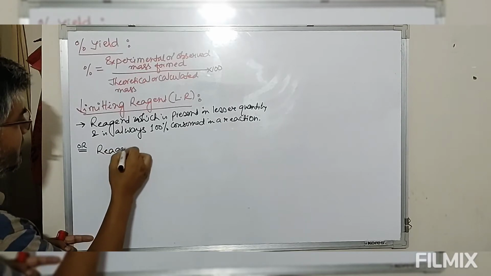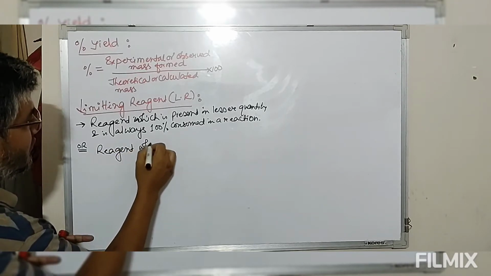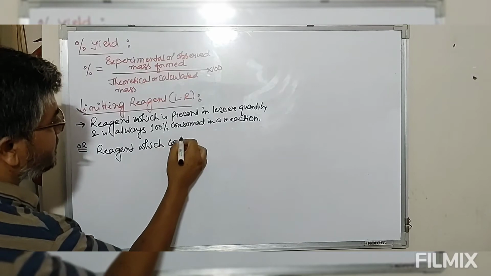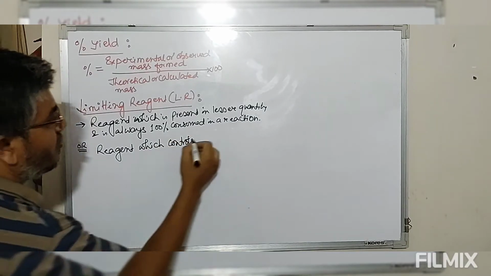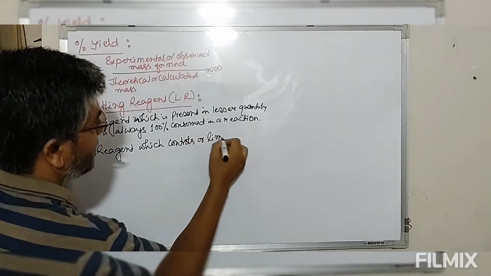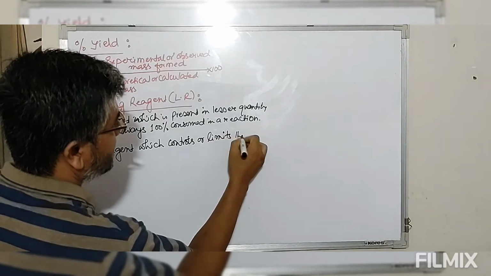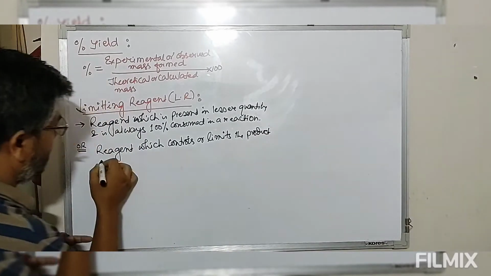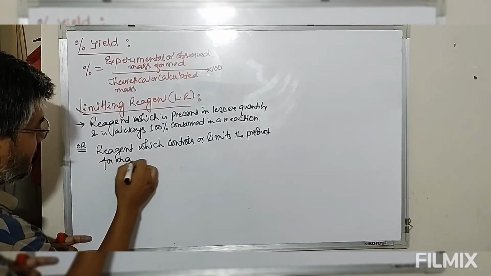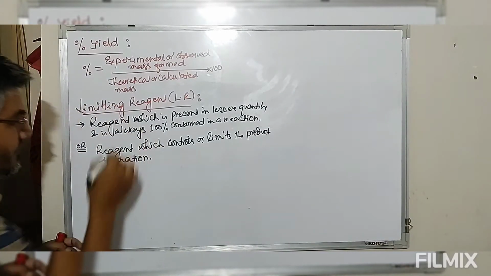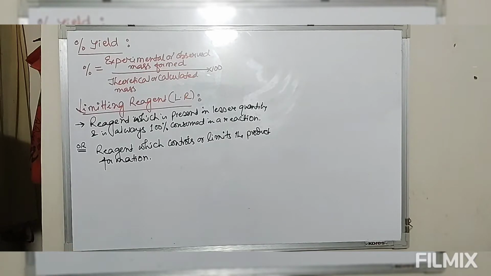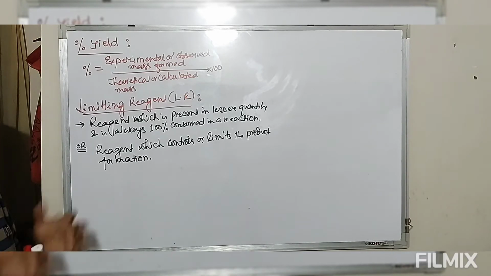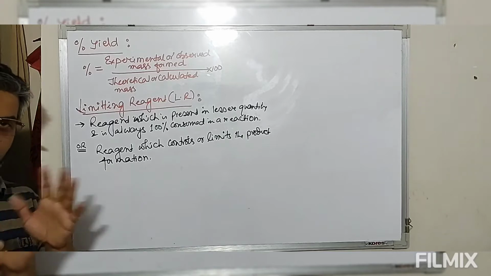So the reagent which controls or limits the product formation. I repeat this again, because now look at it, in any given chemical reactions, we need to have both the